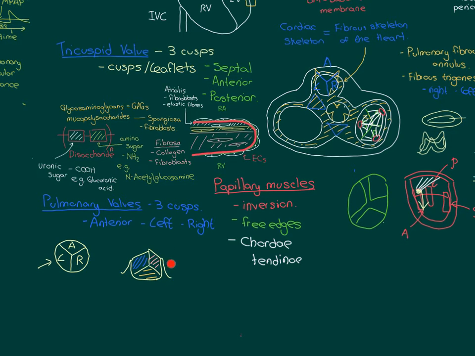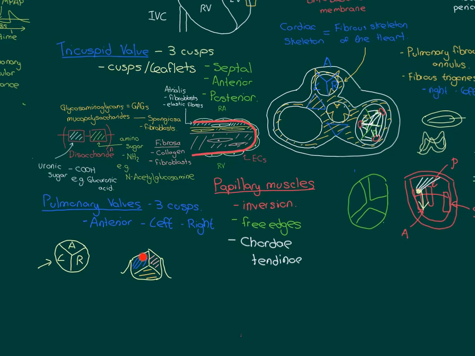of this commissure will be involved in making up one of the surfaces of the right cusp, and this side of this commissure will be involved in making up one of the surfaces of the anterior cusp, and then you can imagine it going all the way around and creating these 3 cusps that sit next to each other. Okay, and this means that there is a space